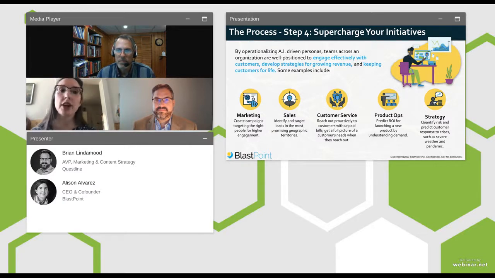Product ops and strategy, so introducing new services, new products, thinking long-term. This is, I think, where we really shine because like I've been saying this whole presentation, people don't stay the same their whole lifetime. They grow, they change, and you want to make sure whatever offerings you have are there to meet those customers.